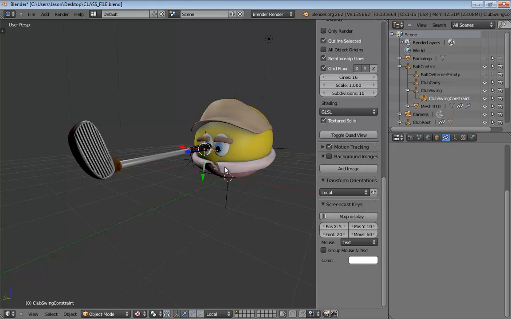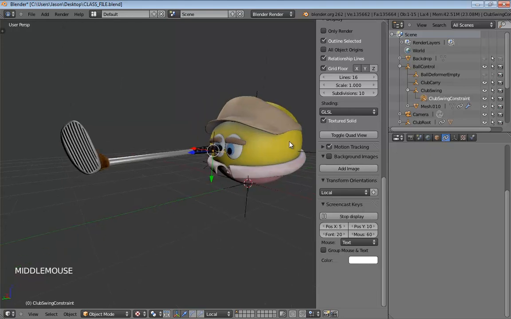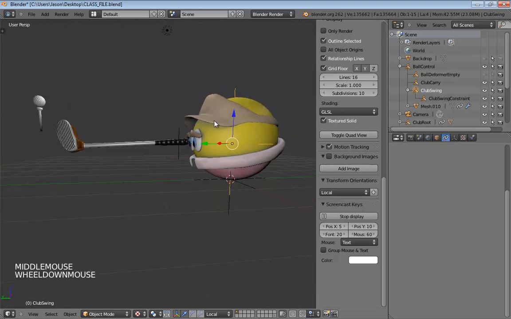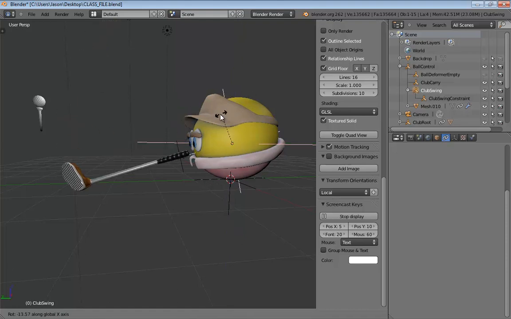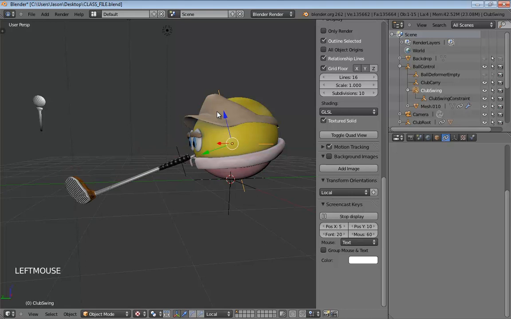Now, there's a couple of other things we need to do to kind of wrap this up. We're going to take our club swing object, and we're going to rotate it down slightly. So grab rotate, just tap R, and I'll use the middle mouse button to constrain to the x-axis, and I'm just going to tilt this down. It can go underneath the character a little bit, because you're probably going to be swinging from on top of a hill. And you will be able to edit this a little more. So if at some point you're like, the club needs to go up or down, you will be able to change this. So tilt that down a bit.